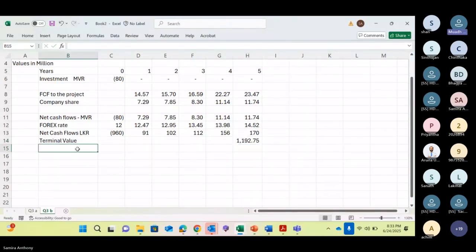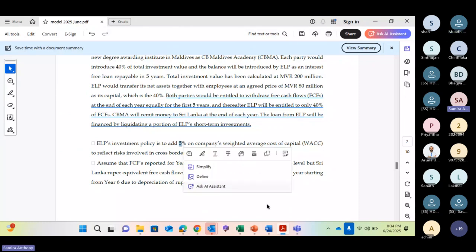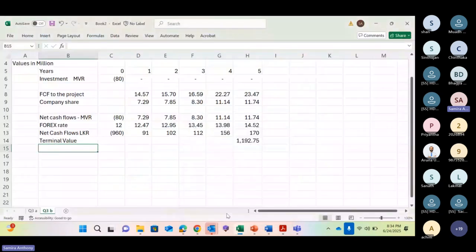So is it 20 or 18? The WACC was 15 in the previous equation, right? But this 13% is from the Maldivian perspective, no? They have the assistant accountant. That is not relevant to us. That is as a project in Maldives. Got it? Oh, yes, sir.